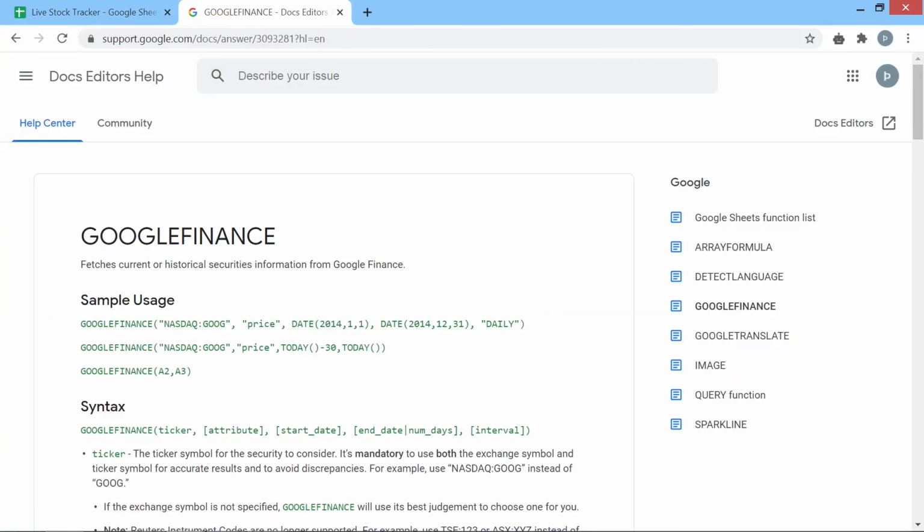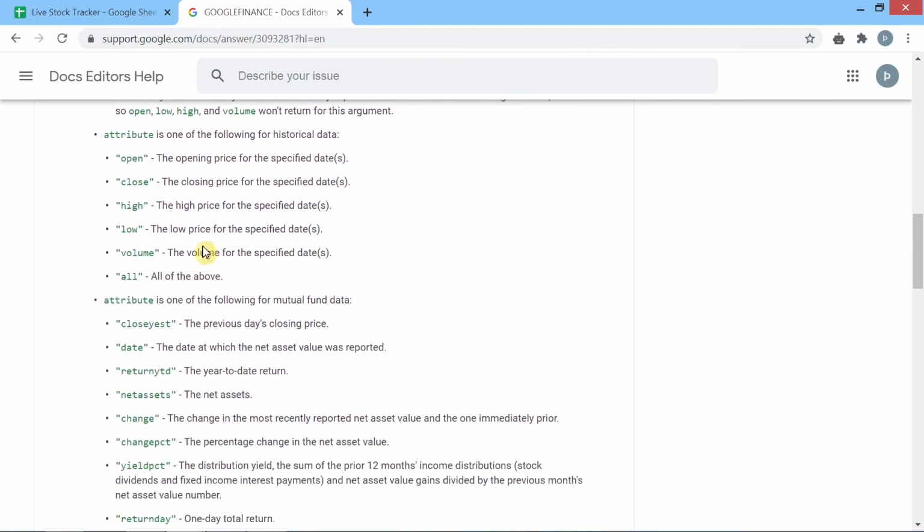And if you want to learn more about the Google Finance function, there's this webpage that I'll link in the